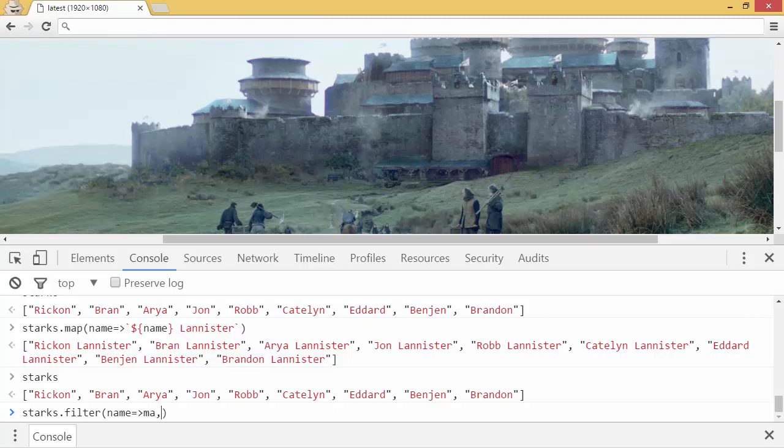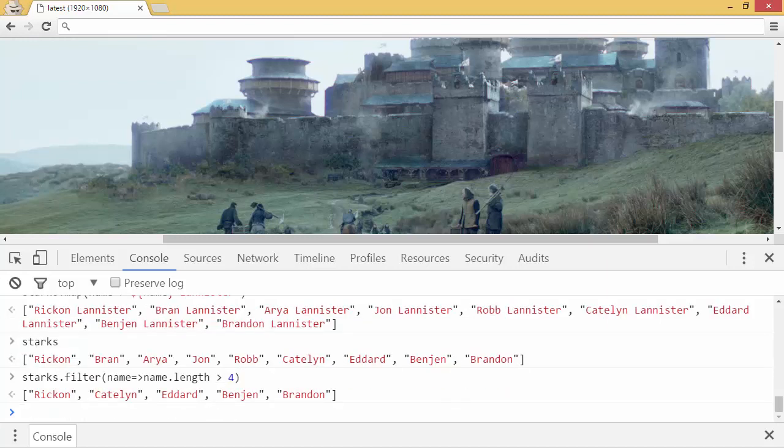So we'll say name.length, which for strings refers to how many characters are in the string. So Rickon would be 6 and Bran would be 4, etc. And we'll say is greater than 4. And as you can see, we have a shortened list. If we look at the original Starks array,